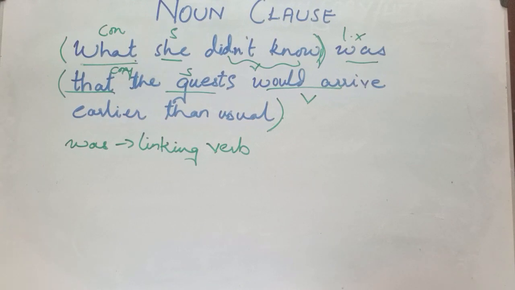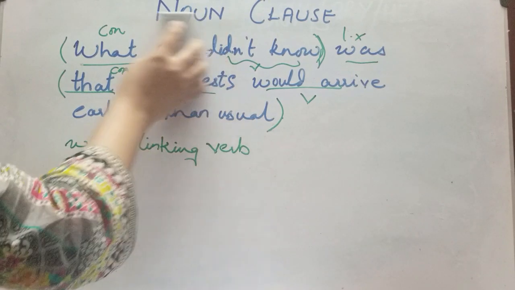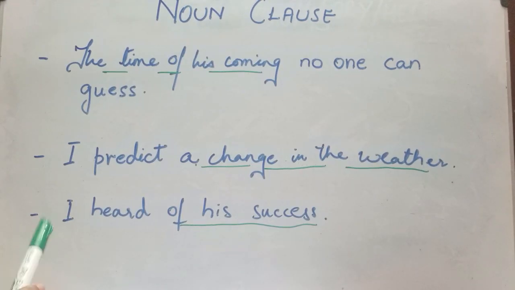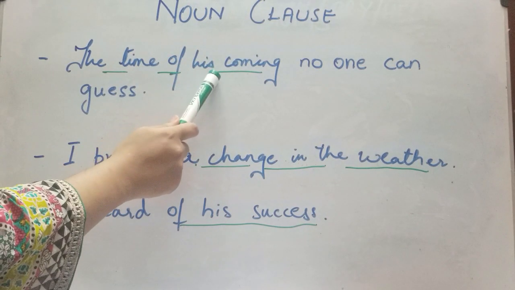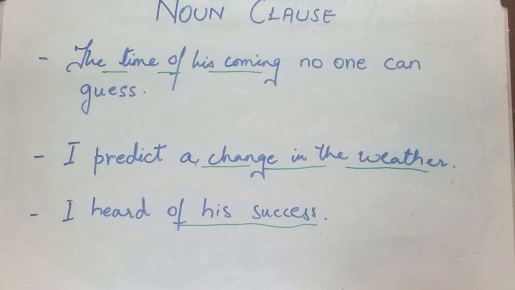I asked you a few sentences. In each of the following sentences you have to replace the words in italics. Fine guys, my writing is all the same, it's all in italics, so no one can understand what I'm trying to ask you. I've just underlined over here what I'm trying to ask. Now you are going to convert this into a noun clause. See, the time of his coming, no one can guess. You already know that a noun clause starts with a conjunction, followed by a subject, a verb and an object. So let me give you some time, ponder over it.